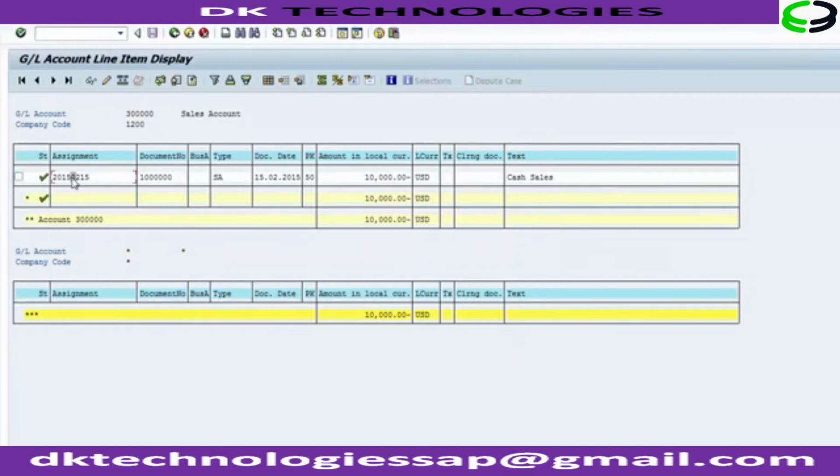There is assignment, then the document number. This document number is important. It refers to the voucher number or a unique number by which that particular business transaction can be referred to for future perspective. Then there is a business area. If a business area concept is used, then there is document type, document date, posting key, then amount, local currency, text. And if you need further details, then you can go to this option over here as